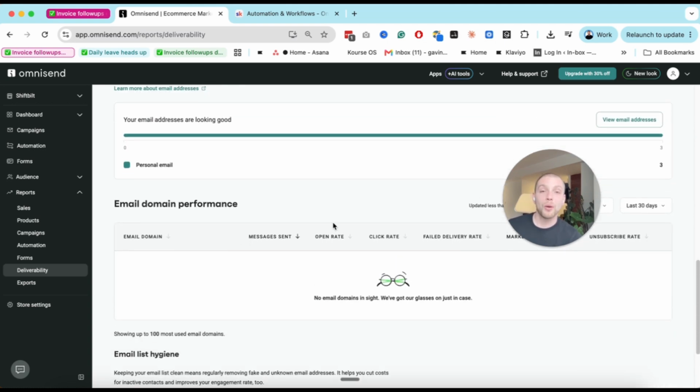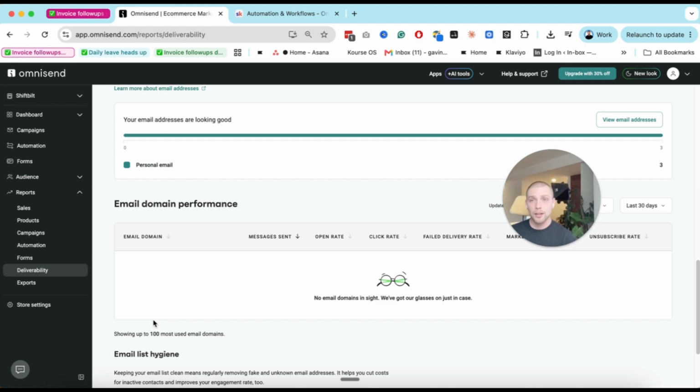Okay. Now, once you start sending emails, email domain performance will break down every single email provider, okay, that is receiving your emails. Hotmail, Outlook, Gmail, Safari or Apple, whatever, and it'll show you your reputation and how it corresponds to each of those providers, because your reputation isn't a reputation thing for everything. You have different reputations for different email providers. Hotmail has a reputation for you. Outlook has a reputation for you, as does Gmail, as does every provider. And you need to maintain your reputation, not in a general sense, but according to every single email domain provider